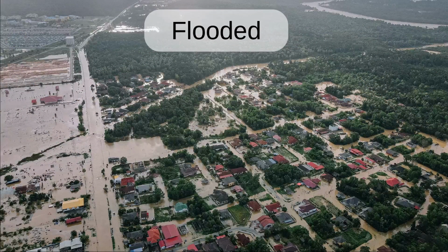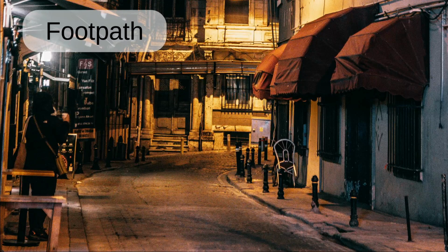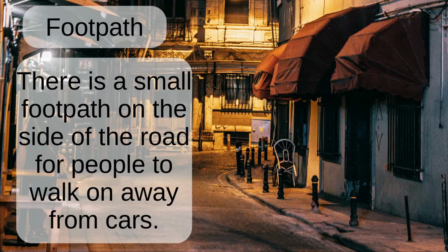Flooded. The city was flooded after it received too much rain in a few days. Footpath. There is a small footpath on the side of the road for people to walk on away from